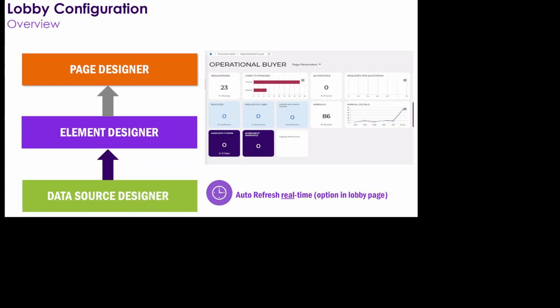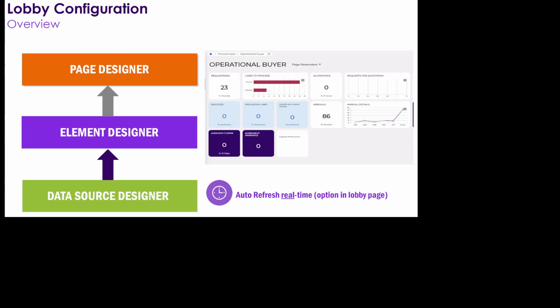When you think about an ERP system, the amount of pages and transactions that a user must know in order to perform their daily tasks might be overwhelming. Well, IFS Lobbies comes as a tool to help navigate that complexity. Instead of the user needing to go through a dozen pages to get the work done, they can start from their designated lobby page, and from that page they can navigate around to manage